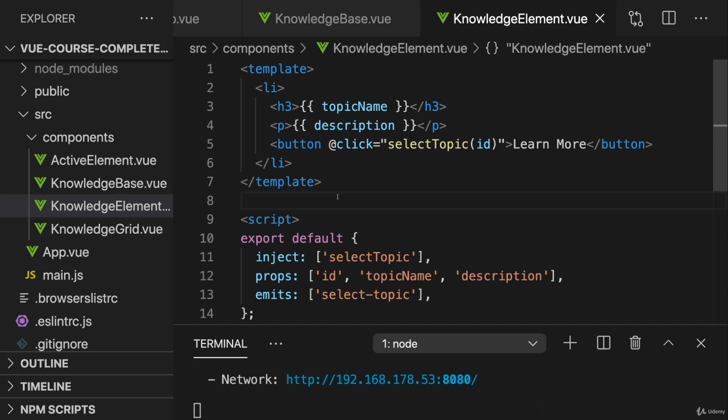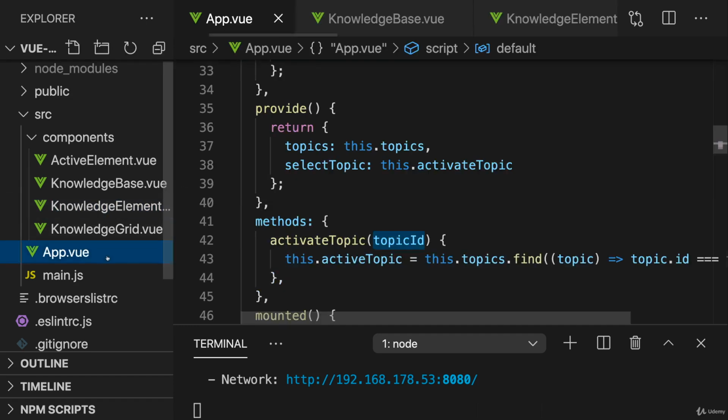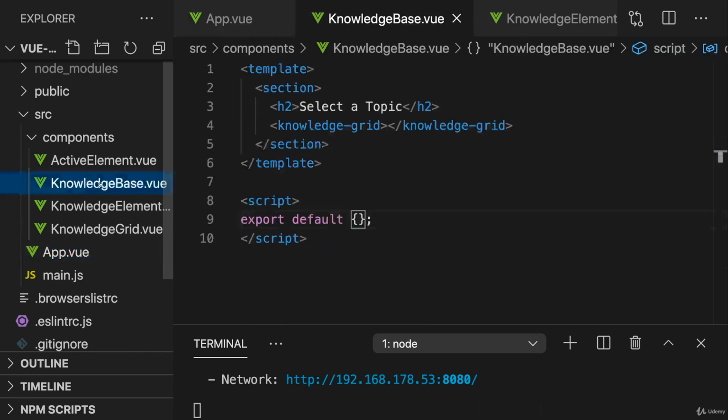But here's also one other important thing. You should not always use provide inject to replace props and custom events. Indeed, props and custom events should be your default communication mechanism. You might consider using provide inject though, if you find yourself having some pass-through components as we had it here. Knowledge base was just a component passing through props and passing through the emitted event. In such cases, using provide inject can save you some unnecessary code and can make your code base a bit